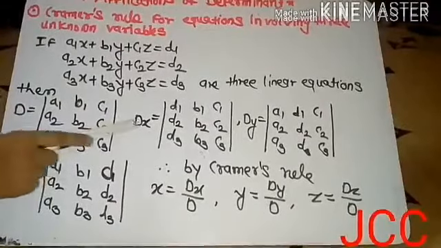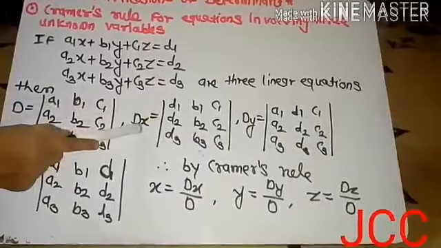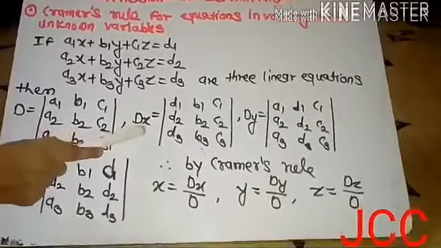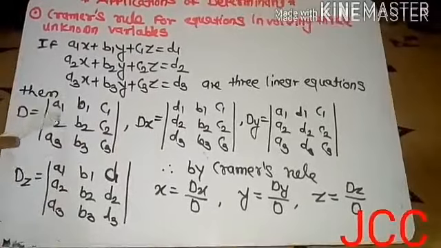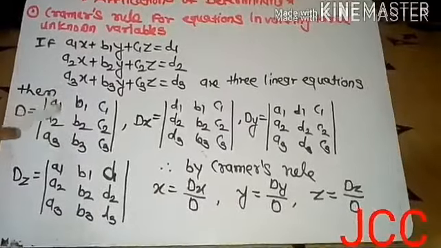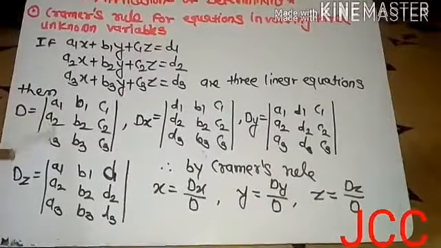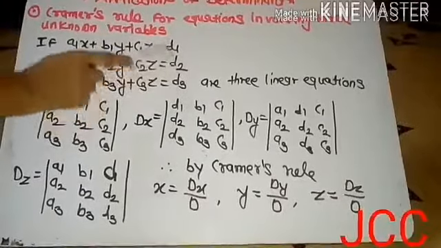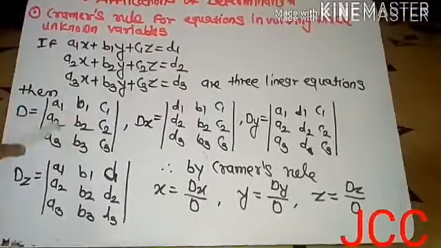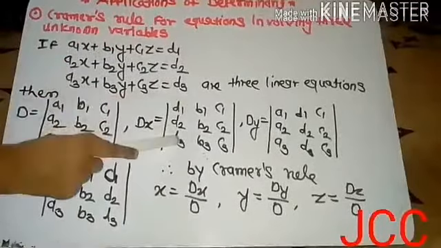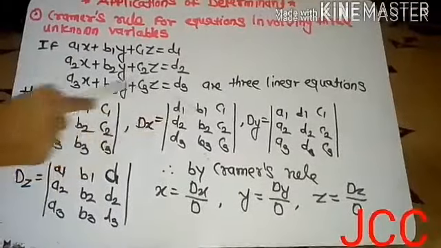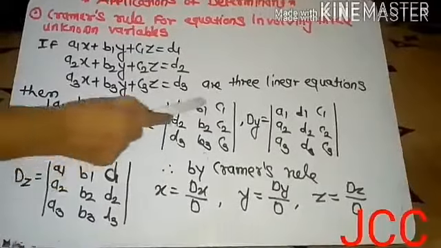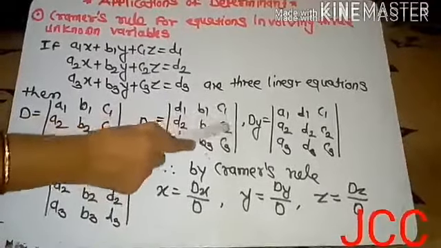Then after that we have to find another determinant, that is Dx. How can we write Dx? In place of the coefficients of x, म्हणजे पहिल्या D मध्ये जो आपण x चा कोएफिशिएंट लिहिलाय तो आपल्याला काढून टाकायचा आहे. In place of that we write d1, d2, d3, means the right side elements. In place of the coefficients of x we write the right side elements to find Dx. The remaining two columns are as they are, b1, b2, b3, c1, c2, c3.